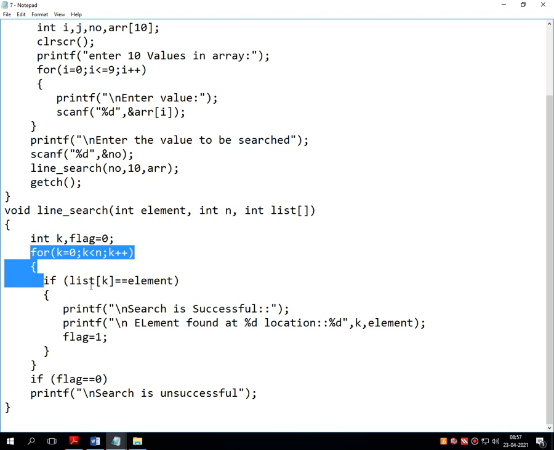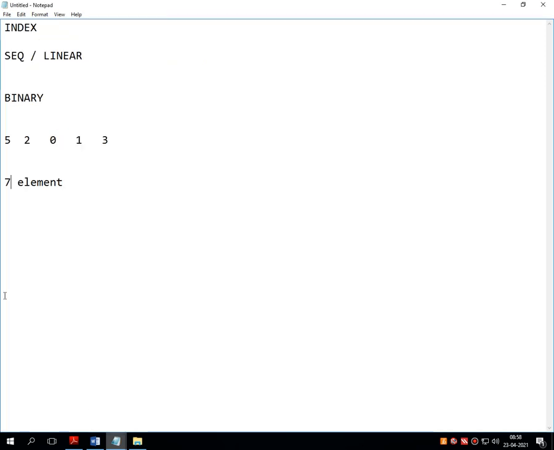During this repetition, it checks all the elements of the list with the element which we want to search. If both are found true, that means, suppose I want to search 0, then what does it mean? It compares 5 with 0.